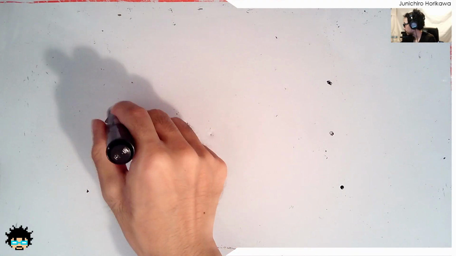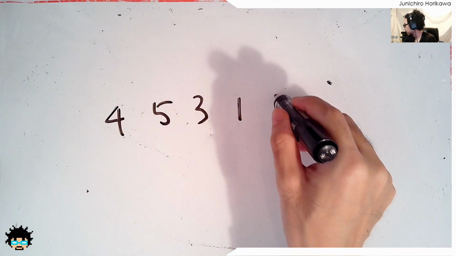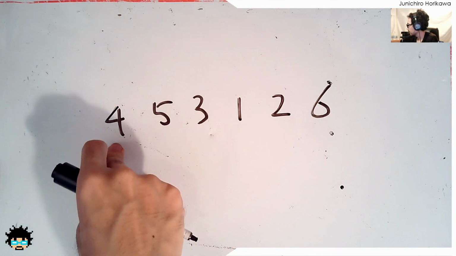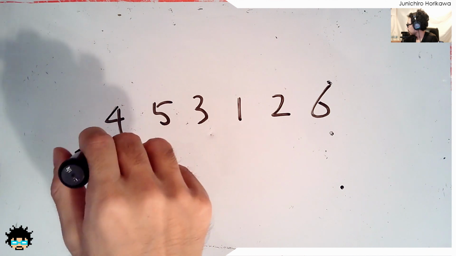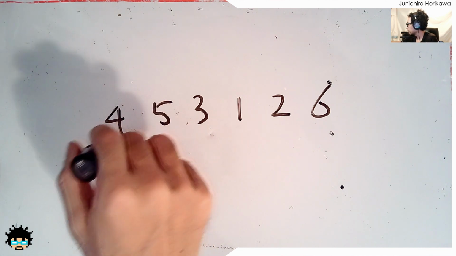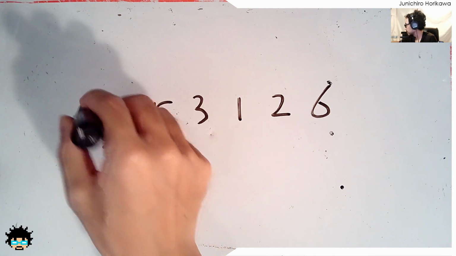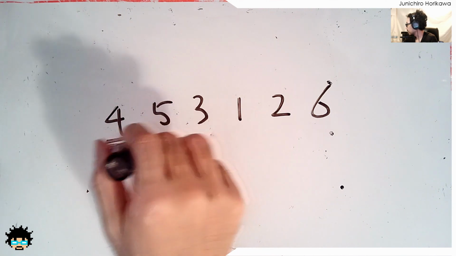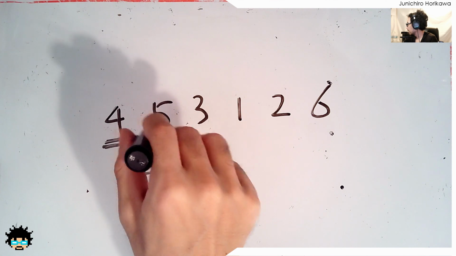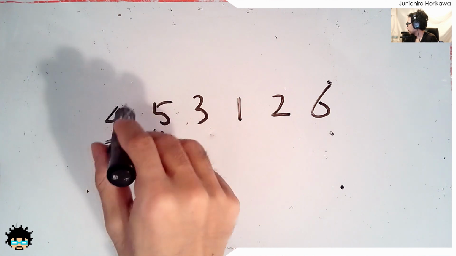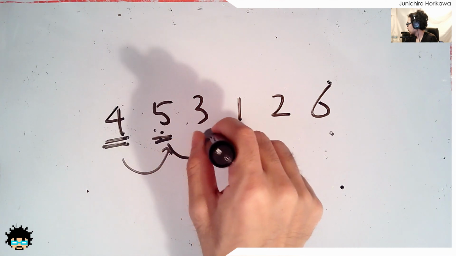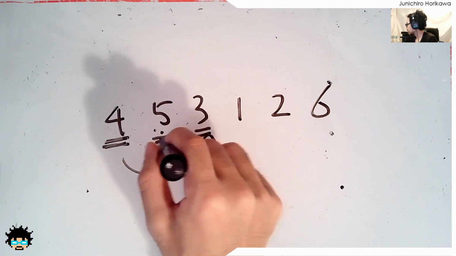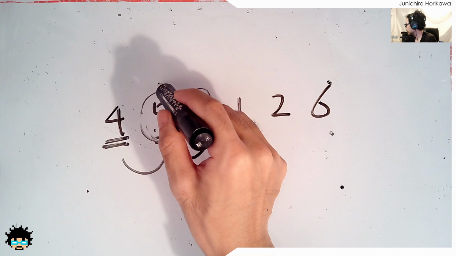So say you have random numbers in different order, like random order, and the way it works is starting from the left hand side, and first of all you define that this first value 4 has been sorted out, and then you go to the next number and compare this number together with the previous numbers. And if the number that you're looking at right now is bigger than the previous one, then you can just skip it and go to the next one, and then you do the comparison with the next one with the previous 5. And in this case, the 5 is bigger than 3, so